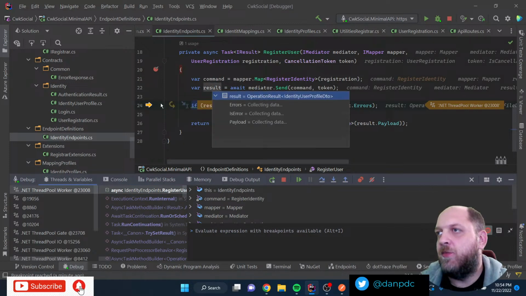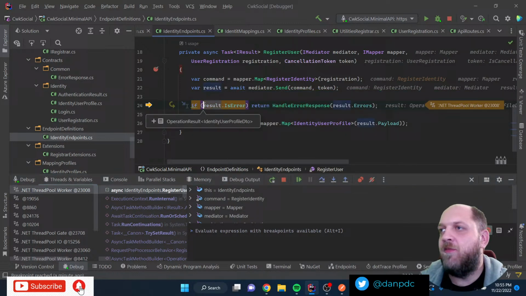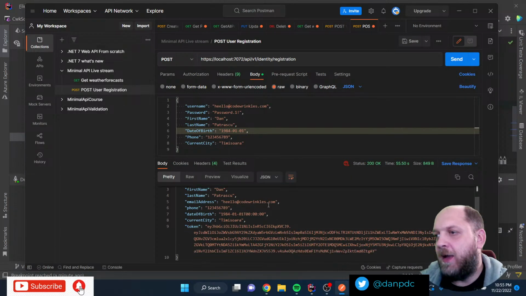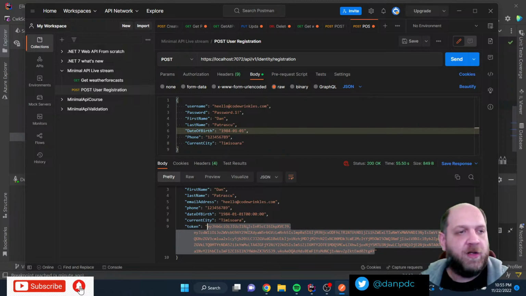Let's see, what do we have with operation result? Error 0. And we have an identity user. Yes, we have a newly registered user. So let's click on continue. Let's check our Postman. And yes, we have the user and we have the token. So theoretically, when we implement other endpoints, we can just use this token, or create a new token when we log in, and that's it. So, first working endpoint with minimal API